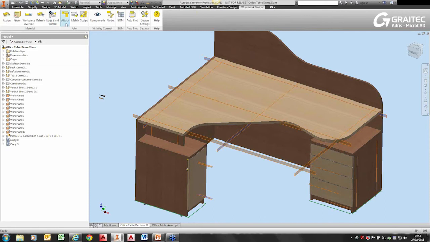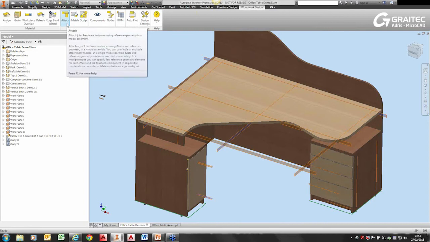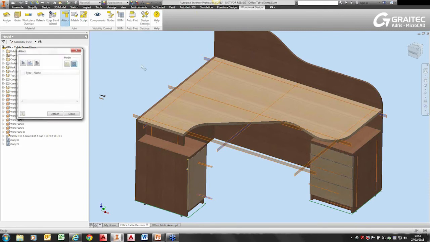So what we're going to need to do, we've covered these first tools, we're now going to our joint environment. So far we can model it up, we've assigned all of our materials, assigned our edge banding, we've put on our grain direction, and we've specified our oversized materials. So now we're going the next step in the process, which is attaching all the parts together. So you can place components individually, or you can do multiple components at once to be more efficient. So if I go to the attach command,